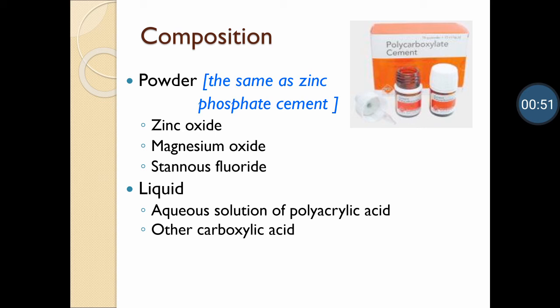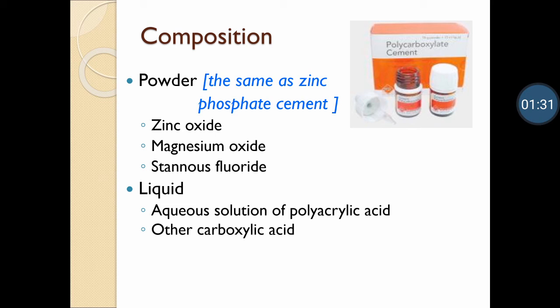It is available as powder and liquid. It is also available as powder mixed with distilled water, in which the powder contains freeze-dried acid molecules. Majorly, the powder contains zinc oxide, 10% magnesium oxide and traces of alumina. It also contains stannous fluoride. This fluoride does not participate in the setting reaction and it attributes to the anti-cariogenic property by releasing fluoride ions. During the manufacturing process, the powder is sintered and pulverized to reduce the reactivity of the powder particles.